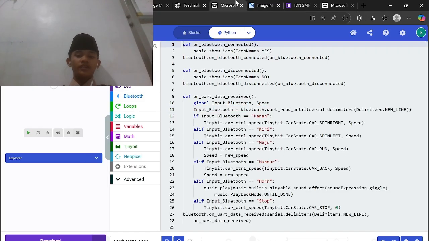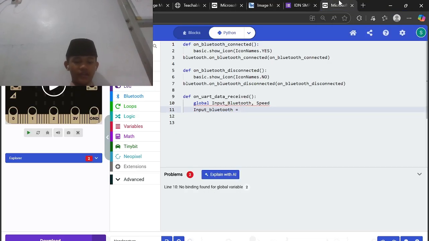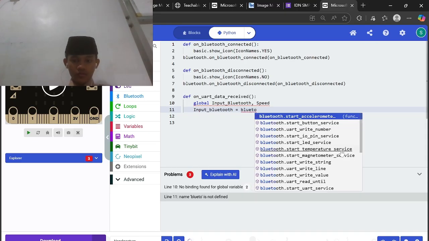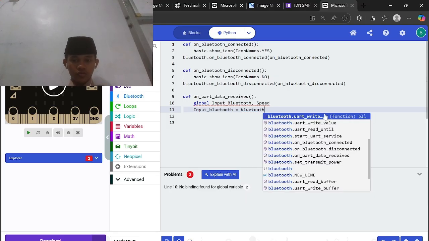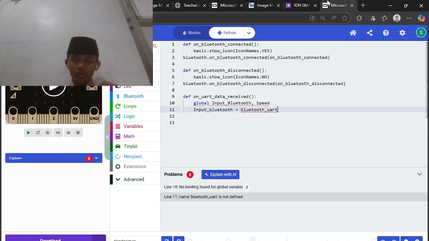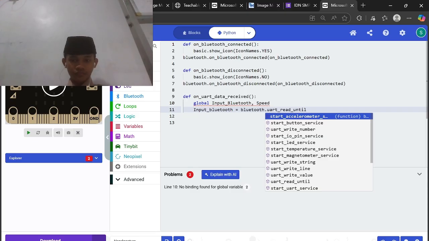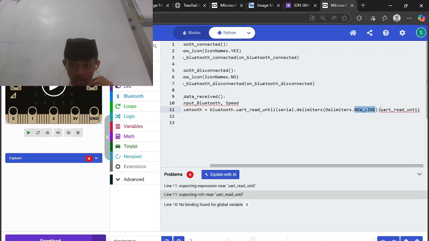Follow again, Bluetooth. Bluetooth read until, serial delimiters, new line.